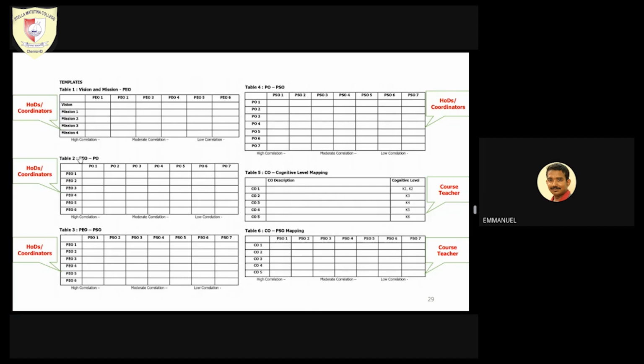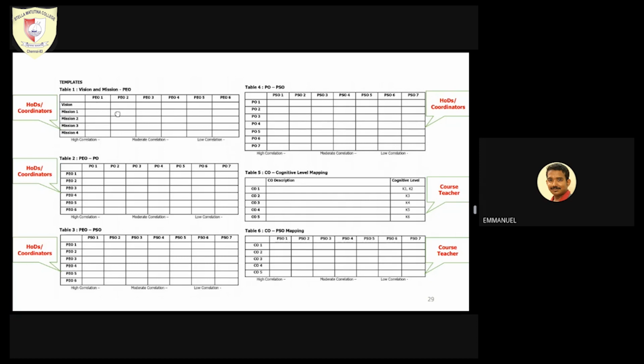How the objectives and outcomes of this program match is given in this second table. In the third table, how program educational objectives and program specific outcomes match, given that we have adopted the LOCF model only for undergraduation level, is given, and as I already told you,